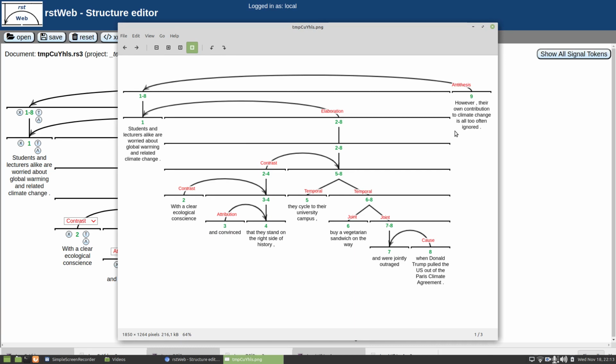With this workflow, annotators can use the workbench to leverage existing RST parsers for their work. Instead of creating parse trees from scratch, they can choose one of the automatically generated parse trees that you just saw, select the one that best matches their intuition, and afterwards post-edit it.